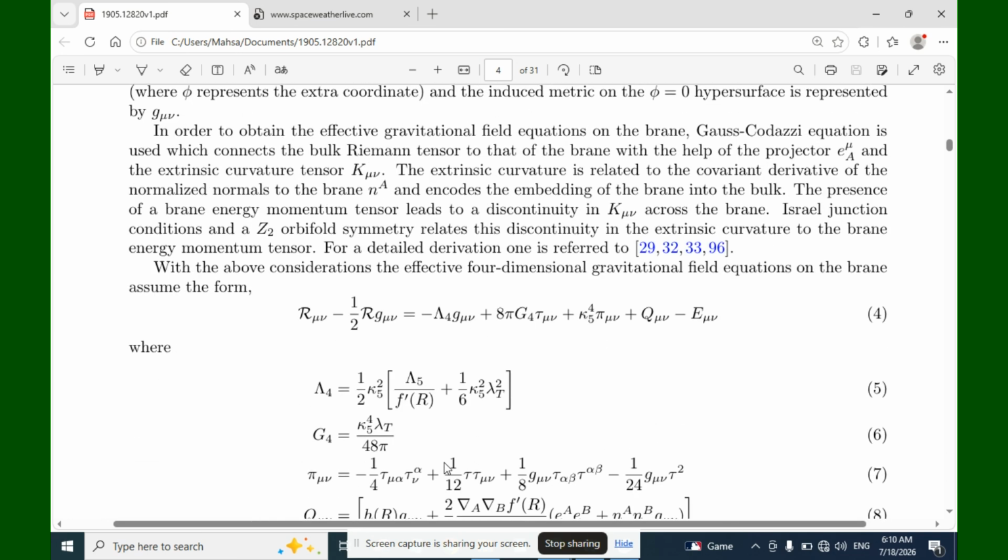With the above considerations, the effective four-dimensional gravitational field equations on the brane assume the form R_μν - (1/2) R g_μν = -Λ4 g_μν + 8πG4 τ_μν + κ5⁴ Π_μν + Q_μν - E_μν,